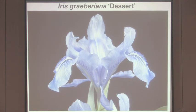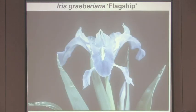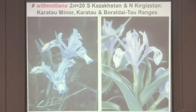Fairly variable. These are a number of selections collected by Ernest and Yanis from the type locality. And Wilmotiana is the third member of the alba marginata group. Very common in cultivation, characteristically blue or pale blue with a big white patch on the blade of the falls. Lovely thing and fairly easy outside at Kew, so one of the 5 or 6 species that we can grow